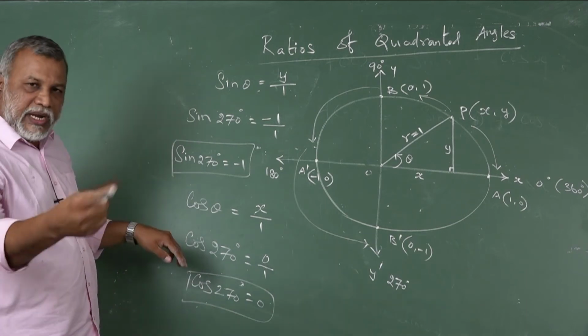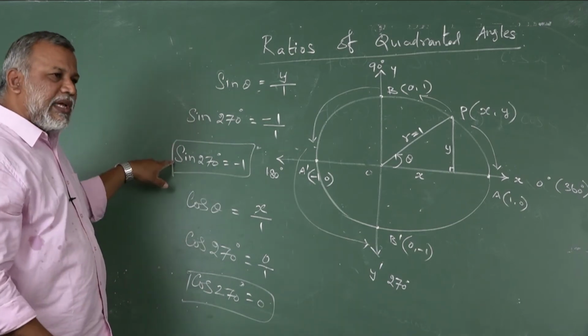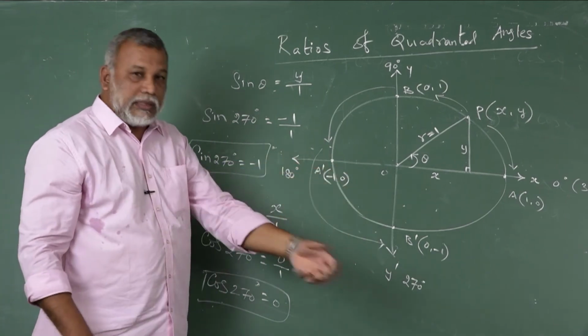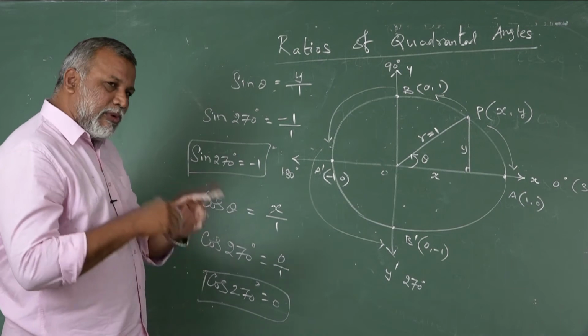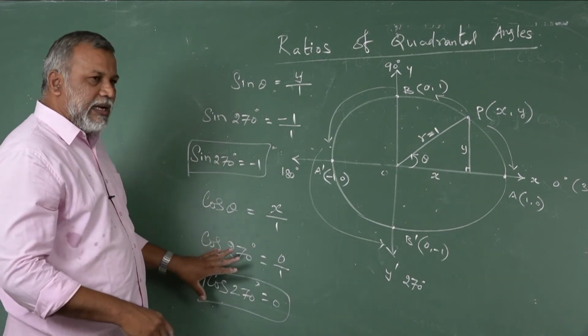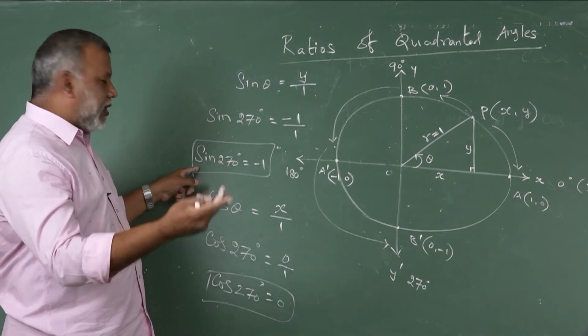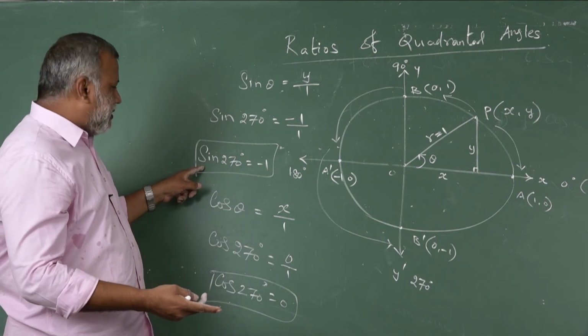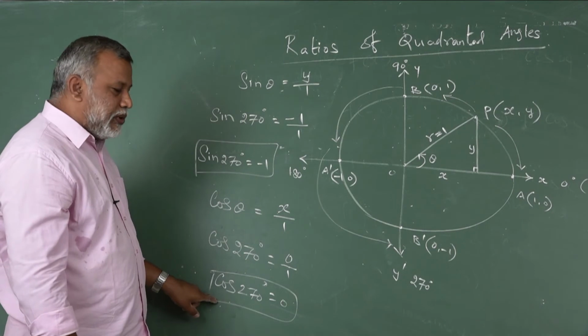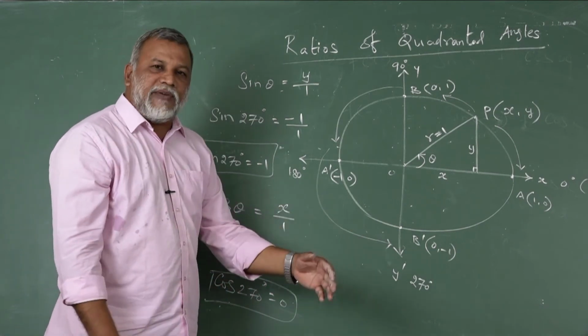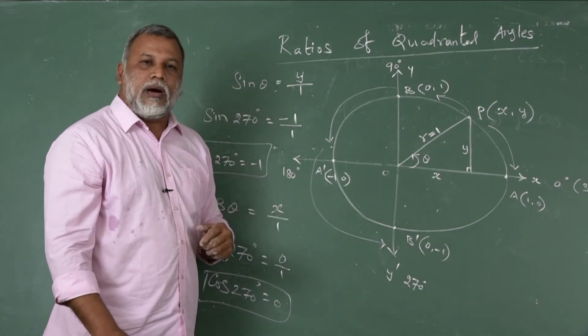From this, you can derive tan, cosecant, secant and cot. Try yourself to find the values, but I am deriving sin and cos. You are able to convert from this tan. After that take the reciprocal. You can derive cosecant 270. If you are taking reciprocal here, you can get secant 270. Then take the reciprocal of tan 270. We can get cot 270.